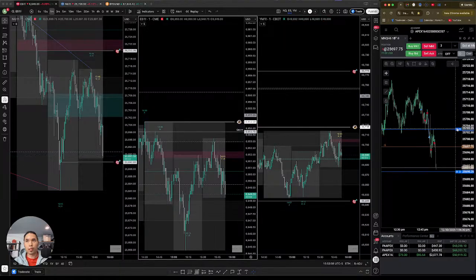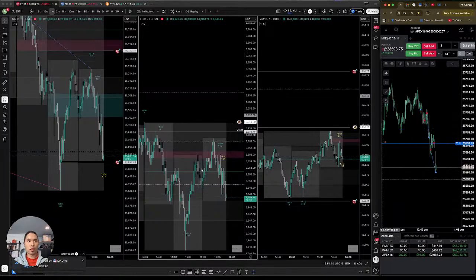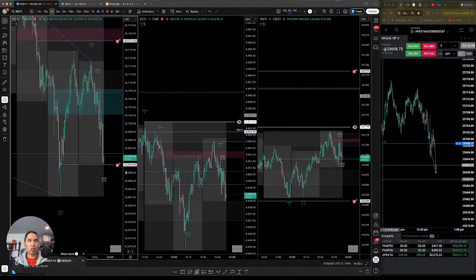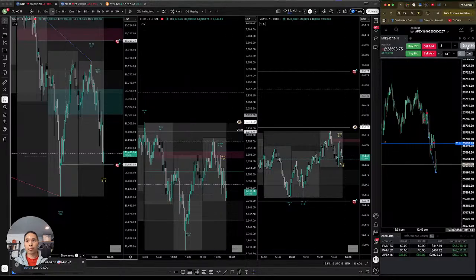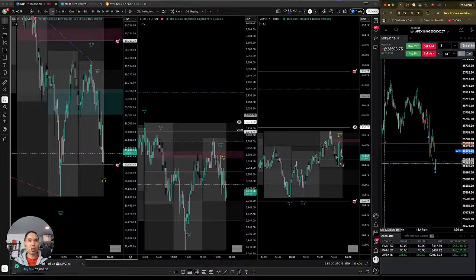Move one. Order cancelled. Order filled. So I got 3 left. Let's see if we go to and through that, or if we're gonna reject that. I think I'm gonna try my stop right above here. I don't want to see it. I want to see us reject, bounce this out, tap, and then go lower.